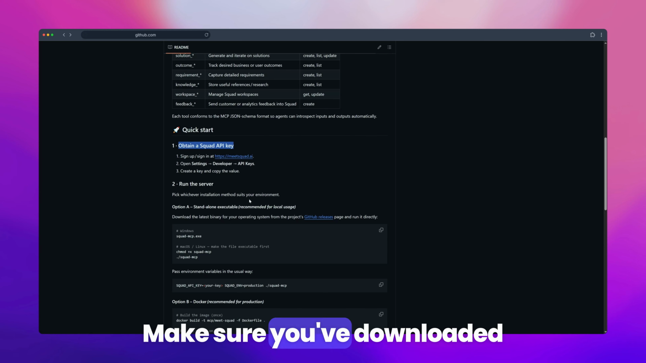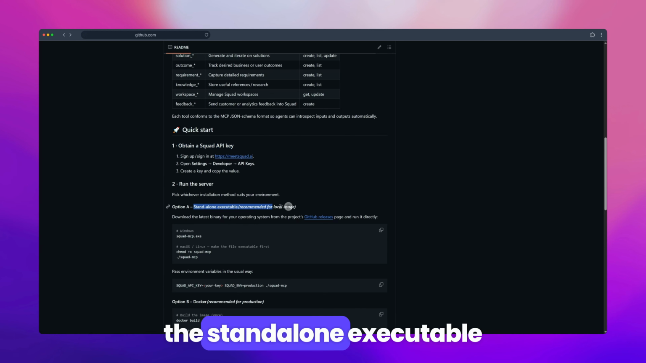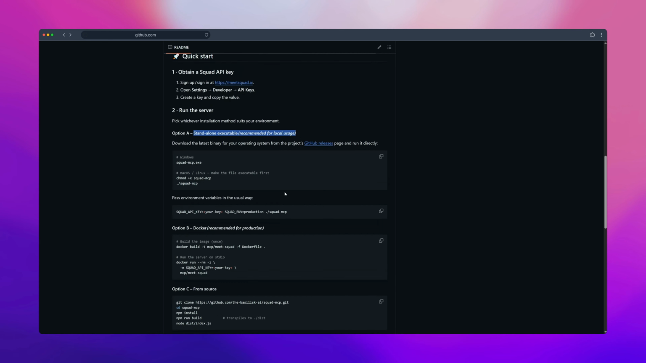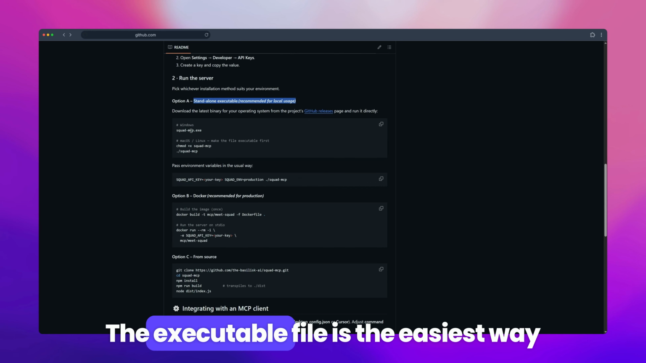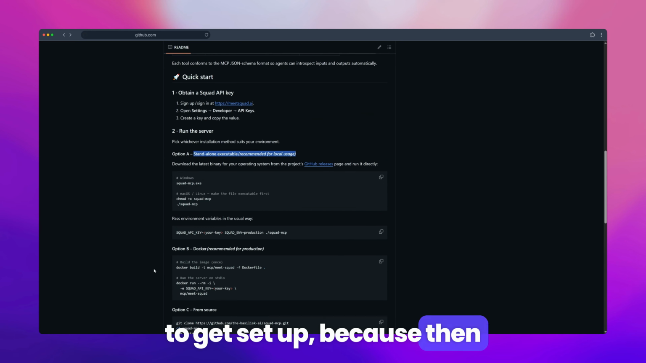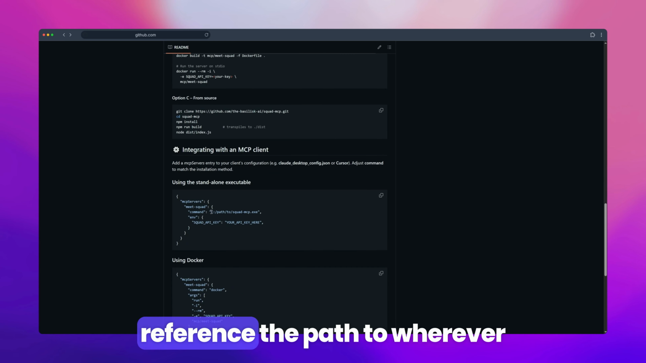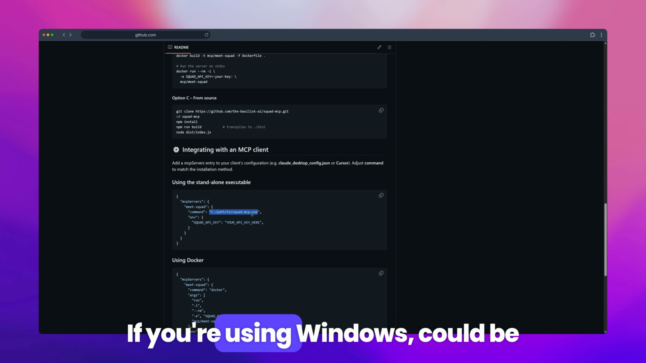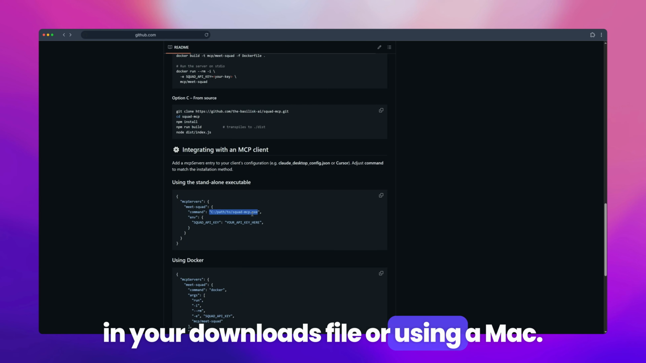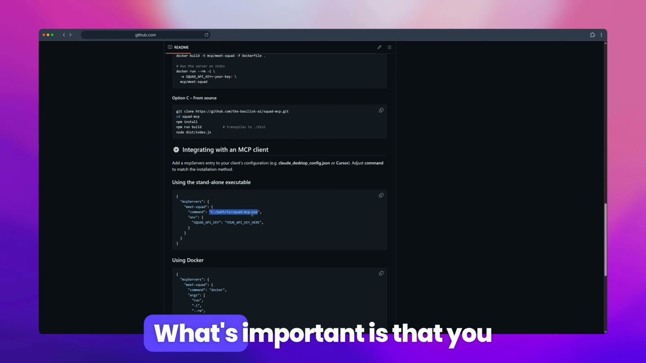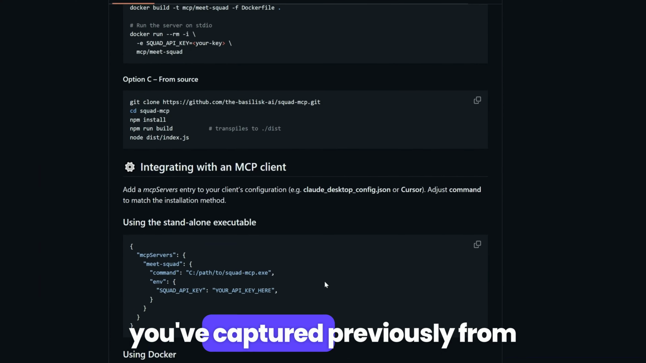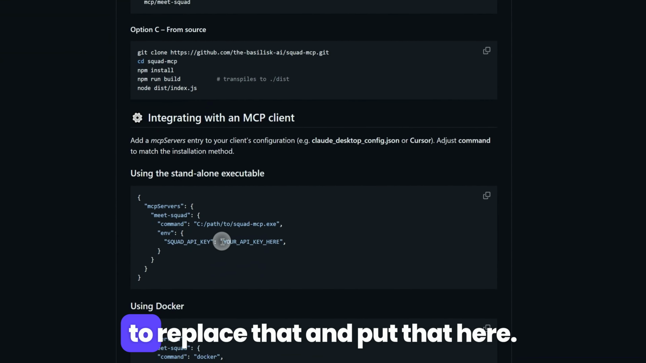MCP environment. Make sure you've downloaded the standalone executable file that we've provided in the guide down below. The executable file is the easiest way to get set up, because then all you need to do essentially is reference the path to wherever you store that executable file. If you're using Windows, it could be in your downloads folder, or if you're using a Mac, it doesn't really matter. What's important is that you reference that. And then the API key you've captured previously from Squad, you're going to want to replace that and put that